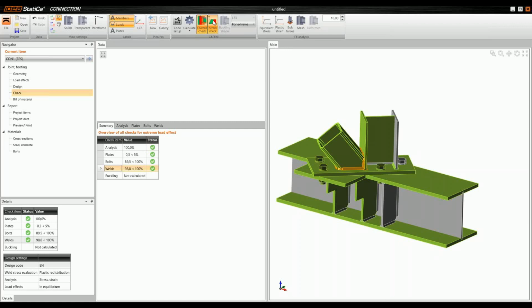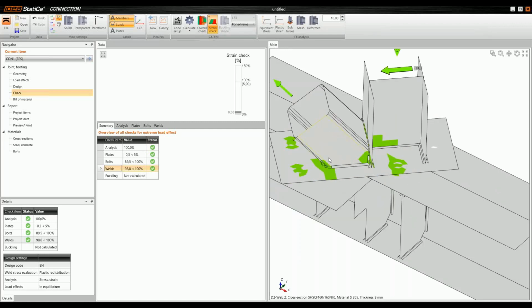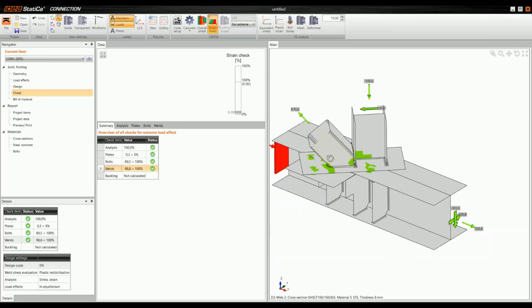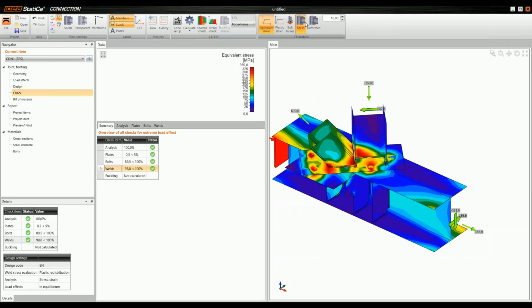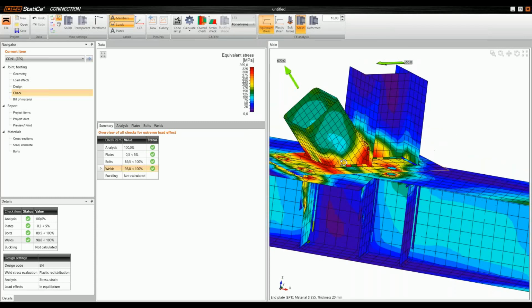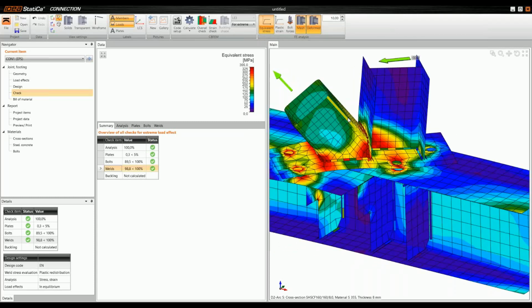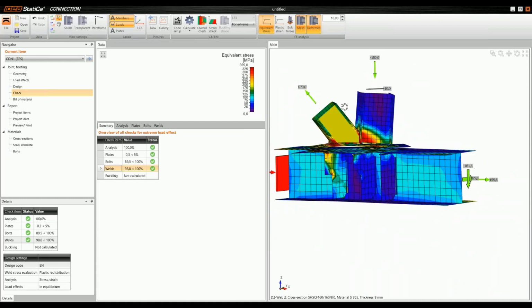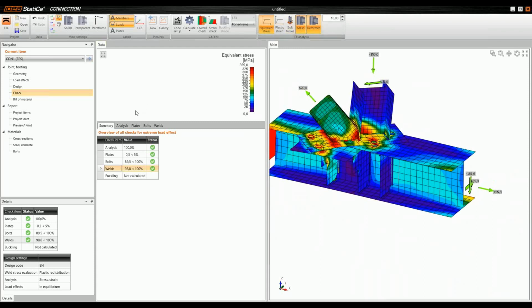I guess you're quite familiar with them. I can check the strain checks where the strain in the joint occurs, browse the equivalent stress, turn on the mesh to see where the stresses are concentrated, and see the deformed shape as well. Okay,